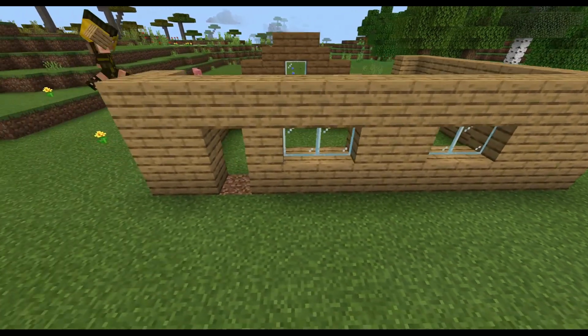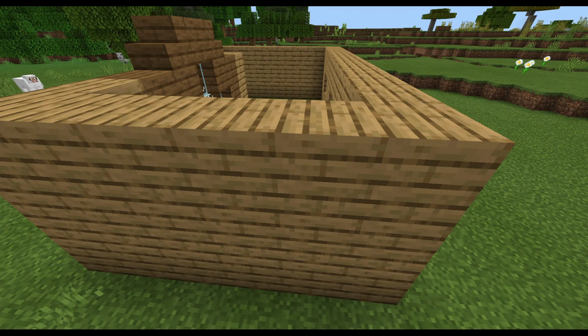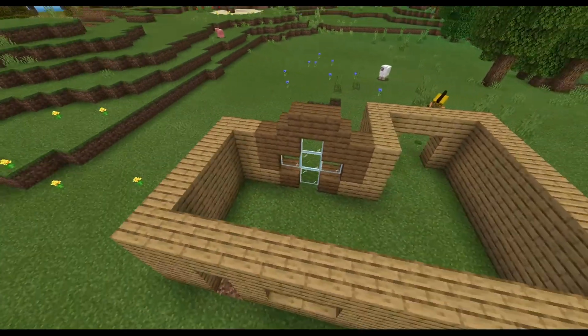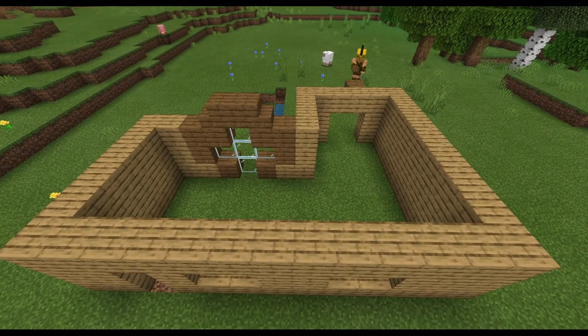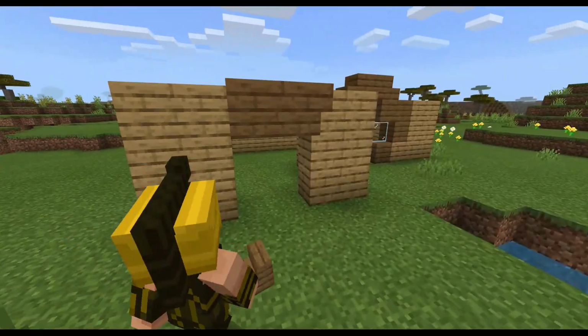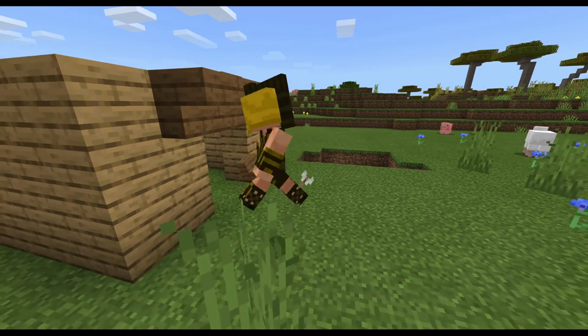And here it leads to there, and then you lead it out, and there we go, and right over. And then if you really want to make it look good on your front, you can put some overhanging stairs, like I did right here, if you want to give it some depth, and then you can put some...